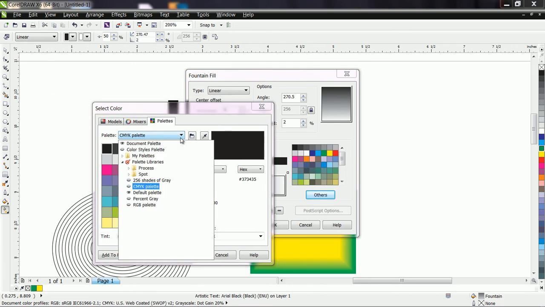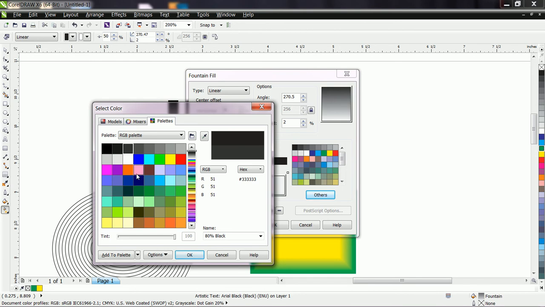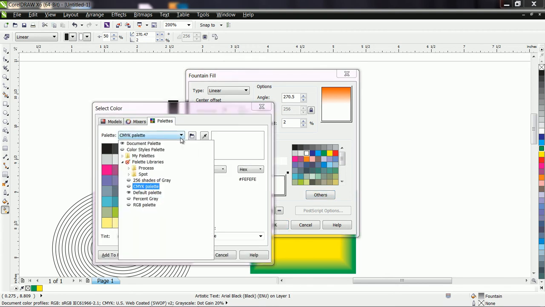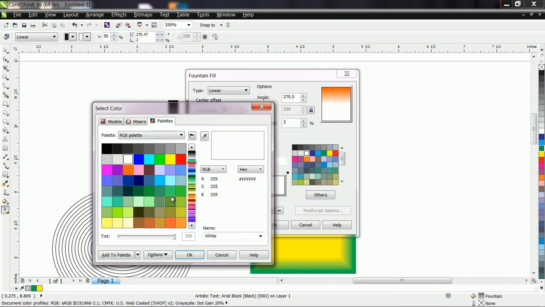If you want to present it digitally, then you simply take an RGB pattern. Okay, after that here is white color, and here again go to others, go to RGB and click